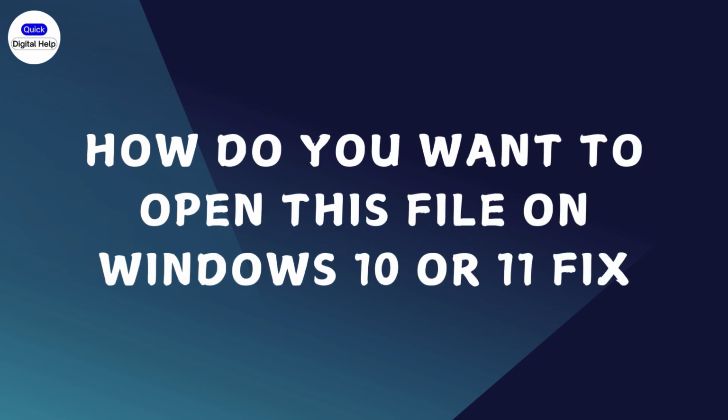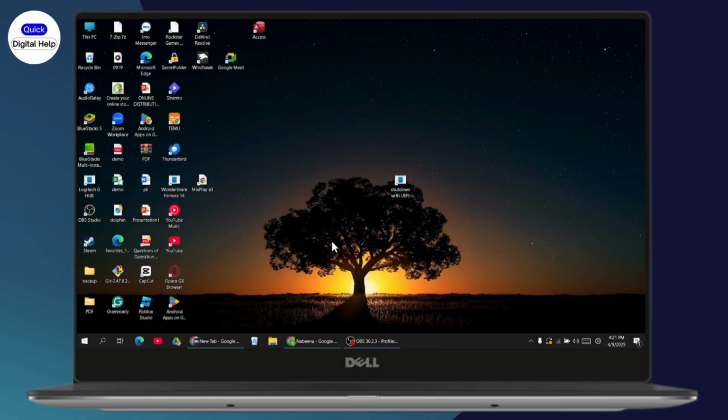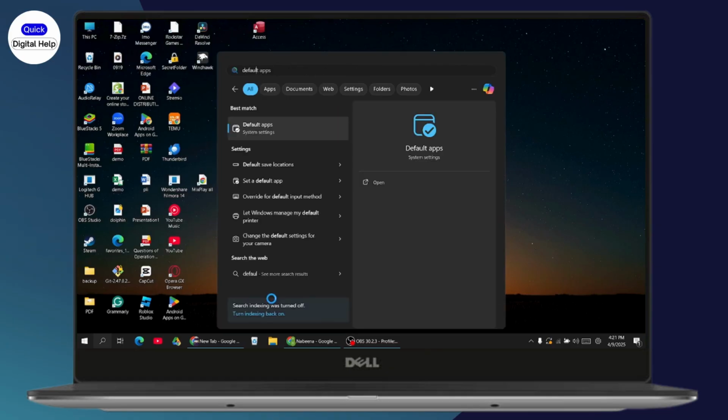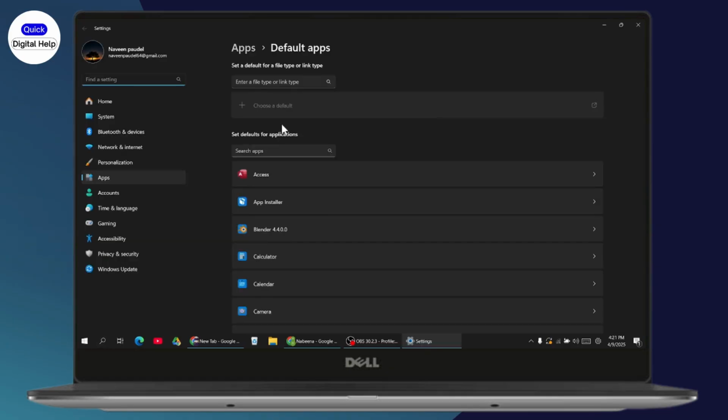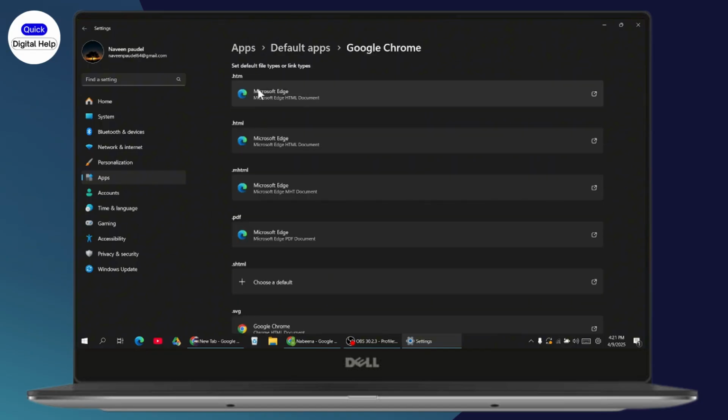How do you want to open this file on Windows 10 or 11 fix. So if you want to fix the problem of how do you want to open this file on your Windows, then first you just need to go to your search and search for default apps. After searching for default apps, now you just need to search for Chrome, and here you need to